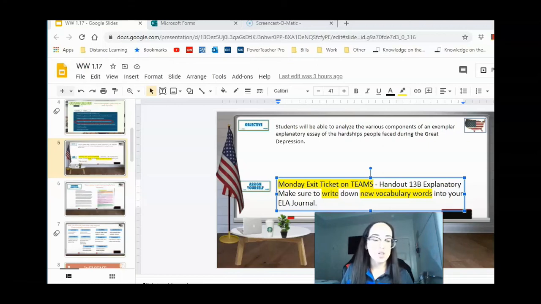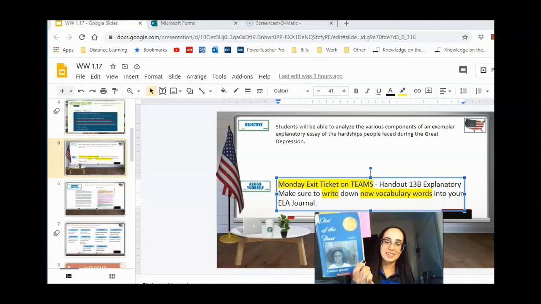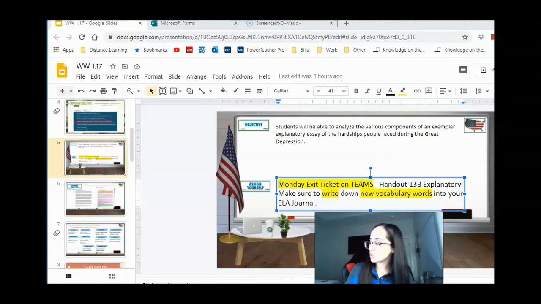We will be starting our new book tomorrow called Out of the Dust. I will be providing you with the recordings. It looks like this right here, Out of the Dust by Karen Hesse. I will be providing you with the recordings like I did at the ending of Bud, Not Buddy. Those do take me time, so I promise we will work on that, okay?